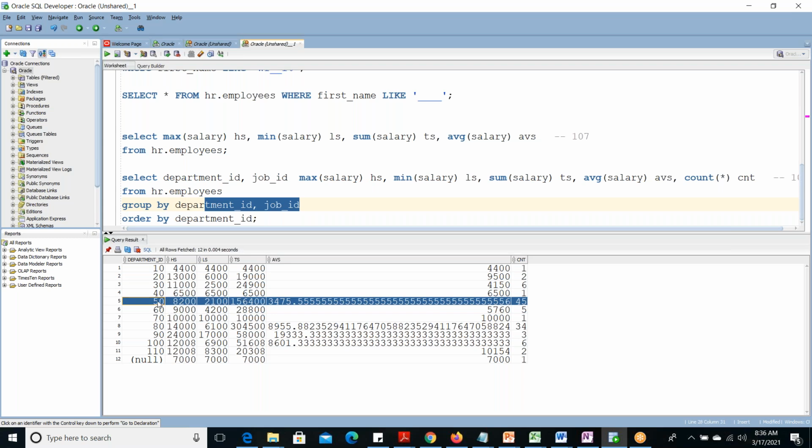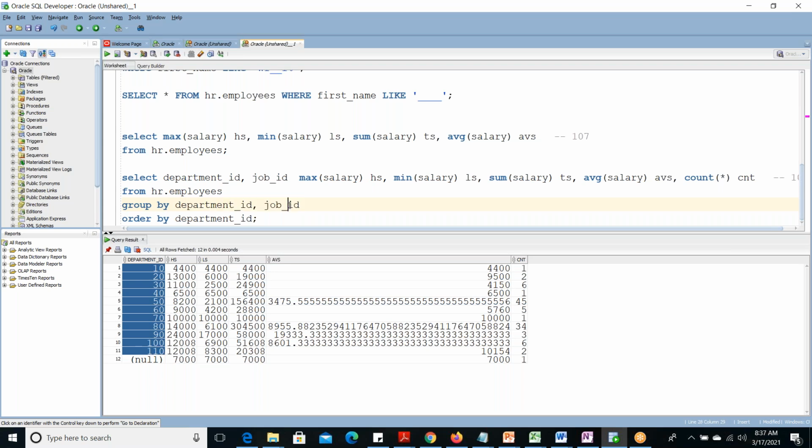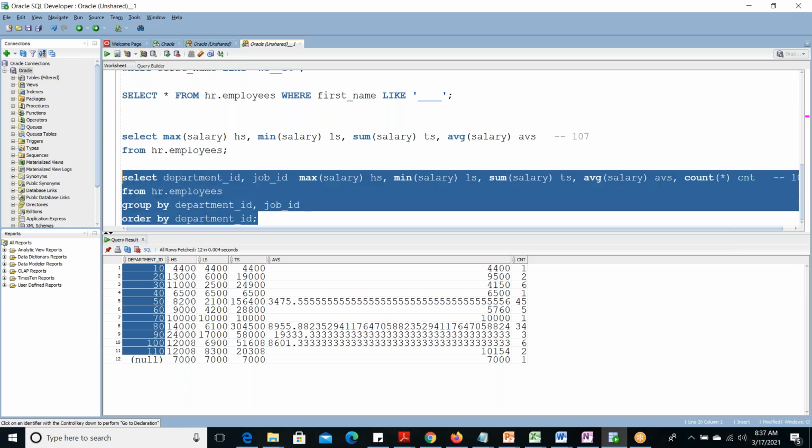Department ID 50: if you are using job ID, then department ID 50 with IT support is one group, and department ID 50 with account manager is one group. That type of group it will form. So instead of these 12 groups, it will increase to maybe 20 or 25 groups, because in a few departments multiple job IDs are there. So the same department ID with another job ID will form one group. Now if you execute this,